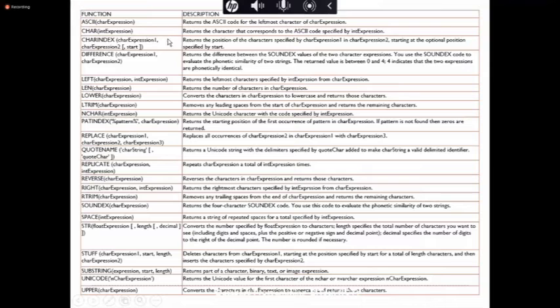To find a particular string position, you can use charindex. Left, right, trim: you can remove white space and any leading space. A lot of functions are there, and you can use these in particular places.